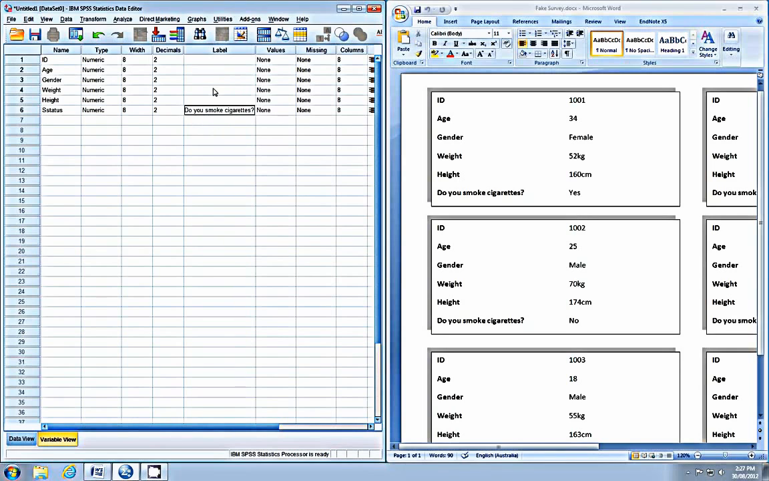These labels are also good for situations where you have to share data sets between different colleagues, because one person's name might make sense to them, but when another person goes to view the data set, they might be a little bit confused. I'm not going to add labels to height, weight, gender, age, or ID because the names are all telling the